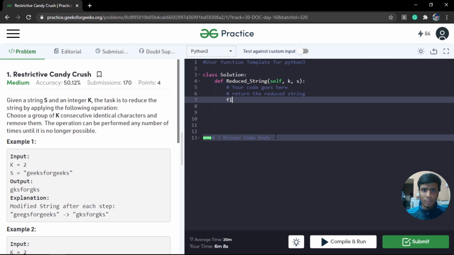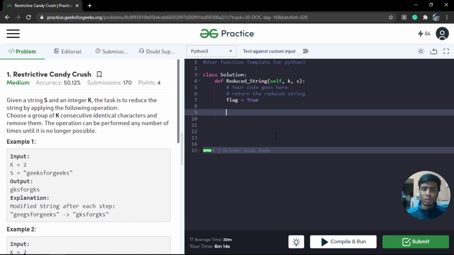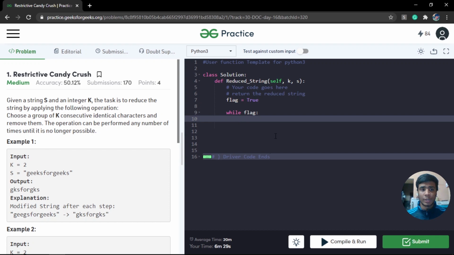I'm going to initialize a flag. In the beginning it will be true, because I'm hoping that I can reduce the string, and when I cannot reduce the string further, the flag will become false. So I'm going to run a loop, while flag, which will run until we can no longer reduce the string.